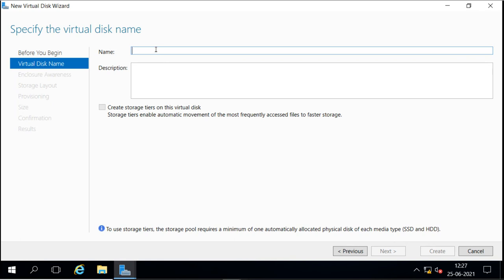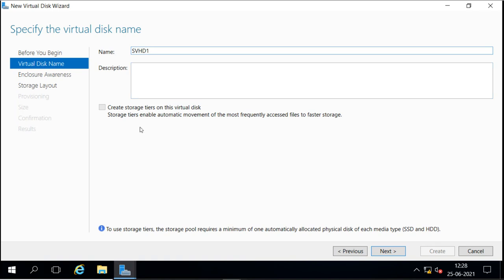Now here we have to mention the name for our virtual disk. Right now what we are creating, I will call SVHD1. We can add a description also if we like, so that we can remember what we are doing and why we created this virtual disk.